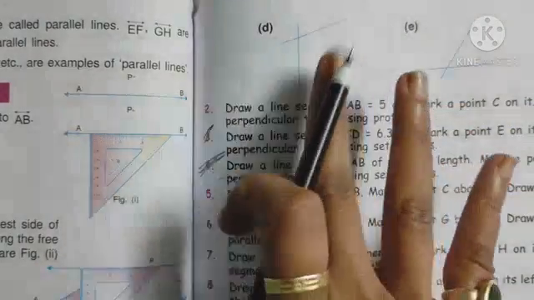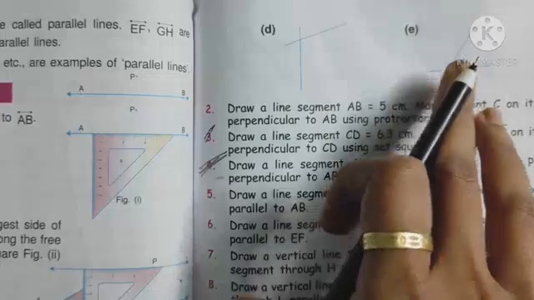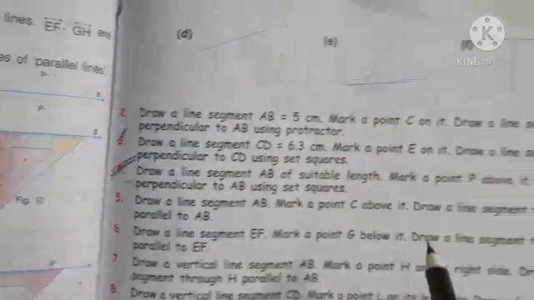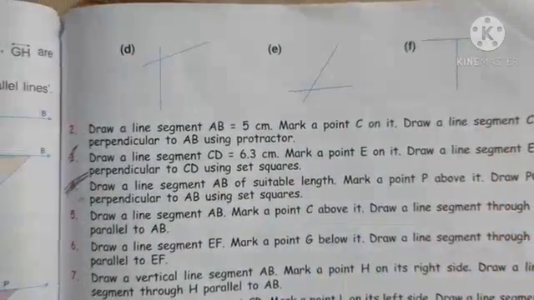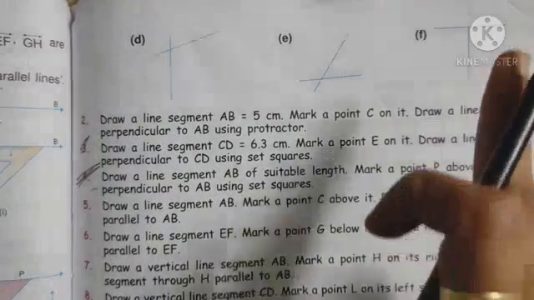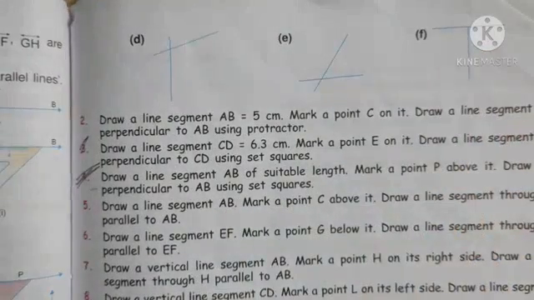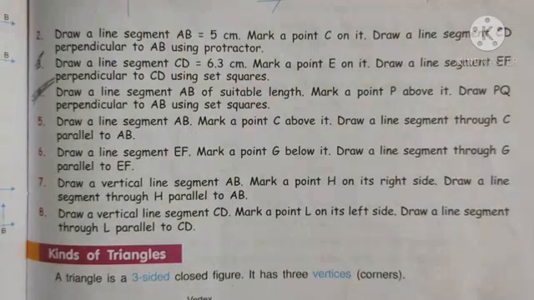So it is not perpendicular to each other. Number E also. And number F is perpendicular to each other. The line segments are perpendicular to each other. Here, let's do